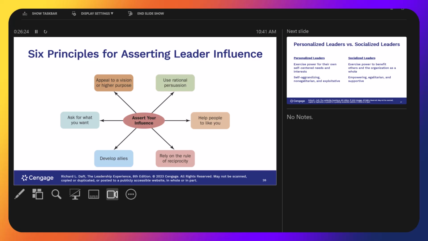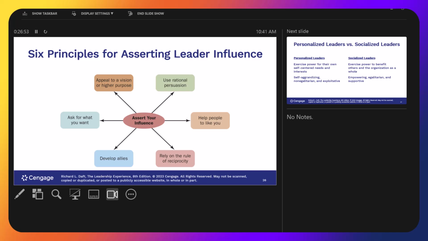Help people to like you. This is a fact, and I've experienced it and I've seen it. People will do more for you if they like you. I'm not going to argue that. I won't even debate that. I just tell you what I know and what I've lived in my careers. People will do more for you if they like you. If they don't like you, they would do less, or they would do the bare minimum. If they like you, they'll go beyond the call of duty to give you things or to help you. They'll help you sometimes even when you didn't know you needed help, or offer solutions and stuff because they like you.